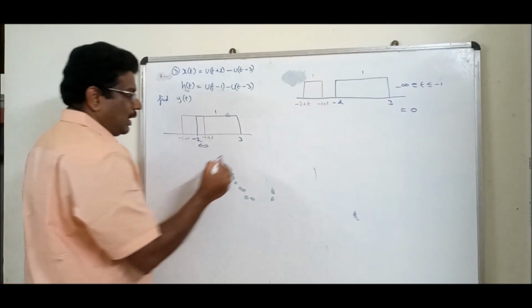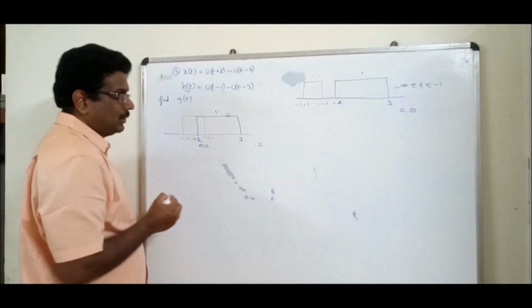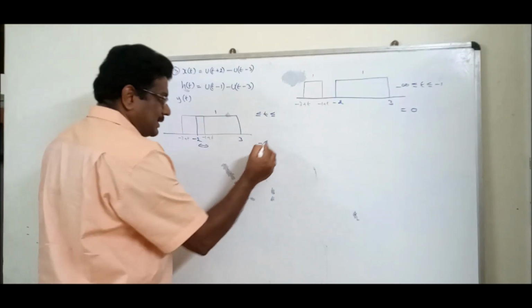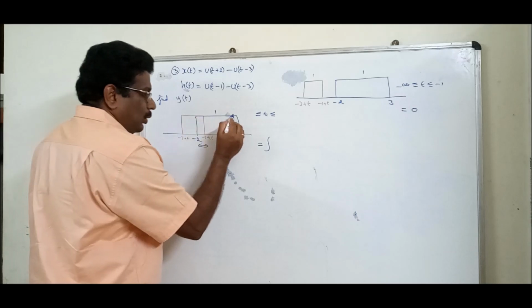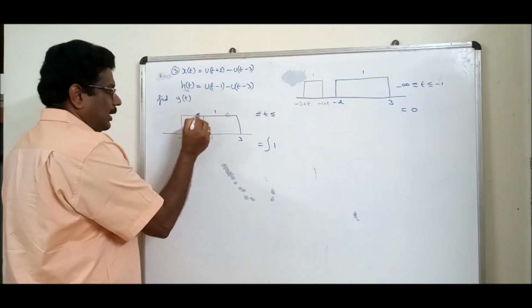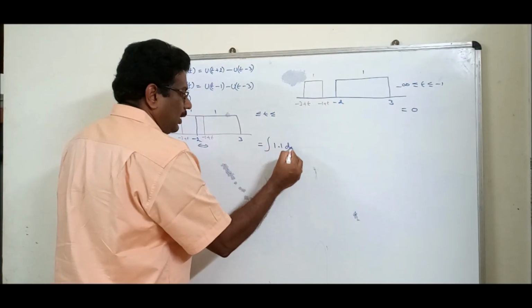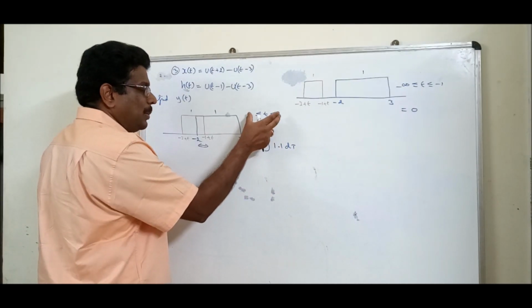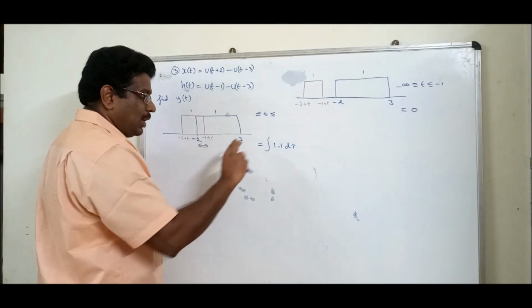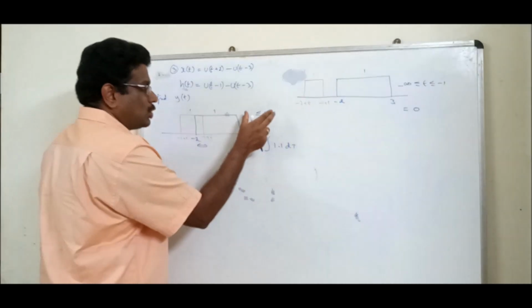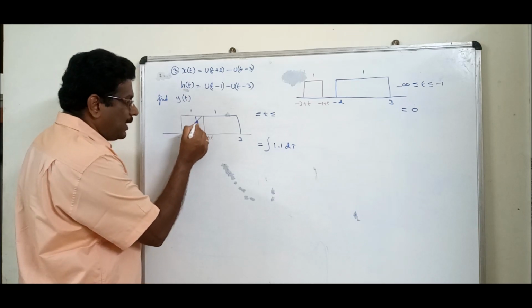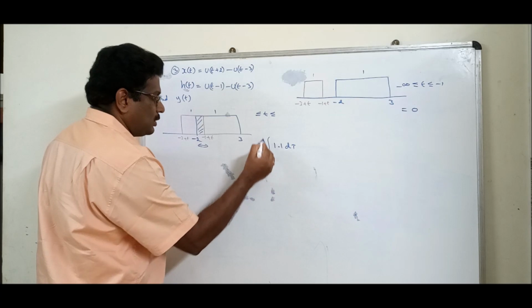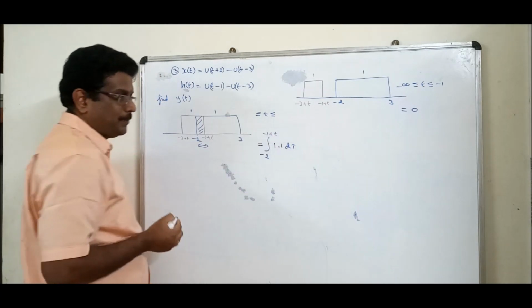Now, two issues are there. What is the answer? Where to where? The answer is amplitude 1, red color. Amplitude is 1 data. What should be the limit? What should be the range? Very critical issue. The common place is the limit. Where to where? Minus 2 to minus 1 plus t.